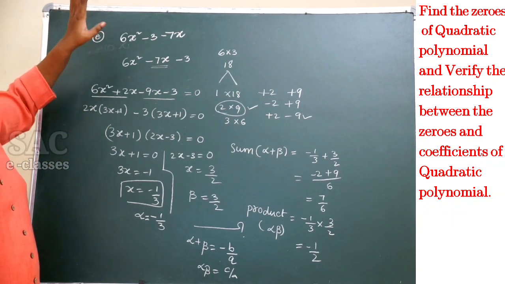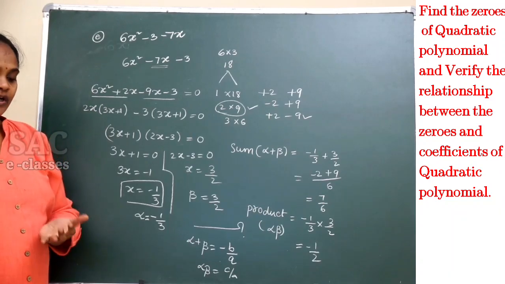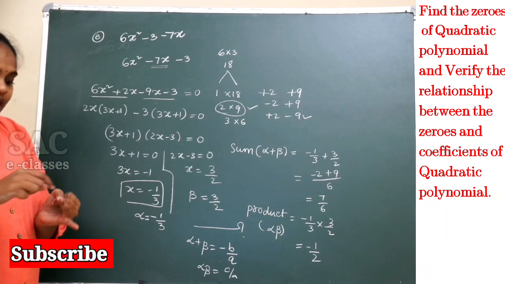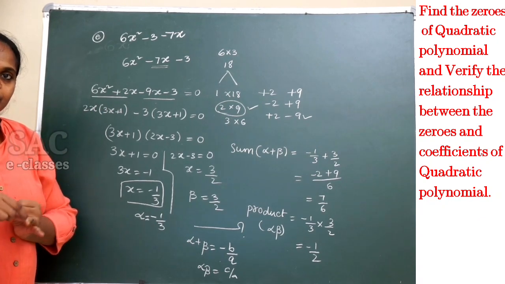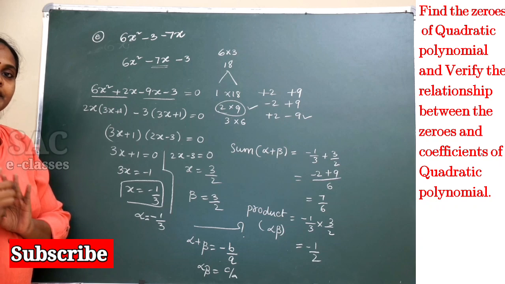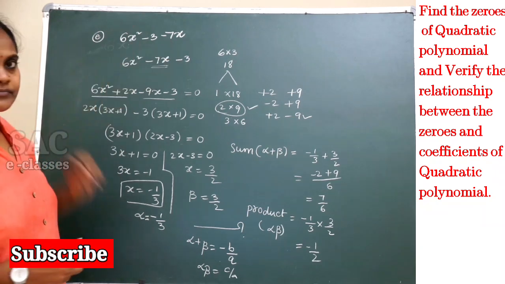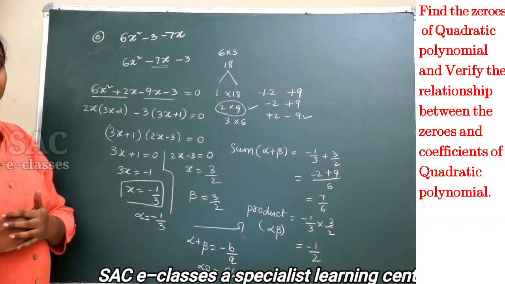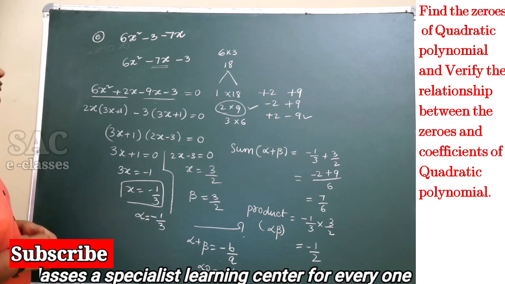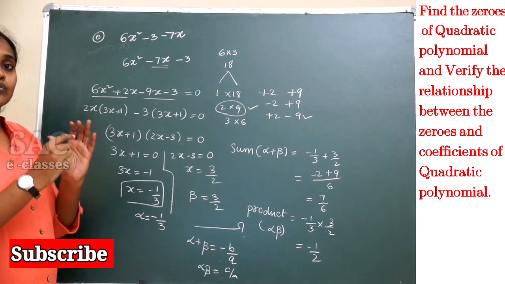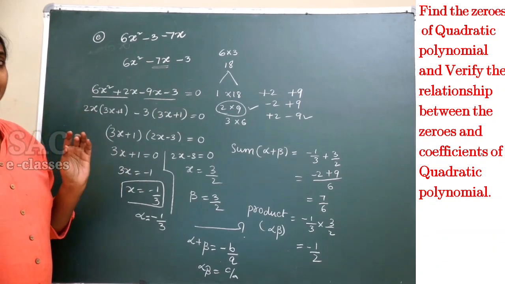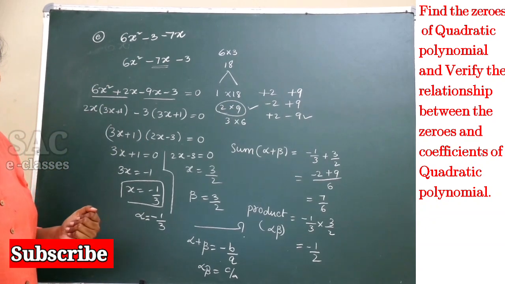These are the three types of models usually in this. What are those? One is without the linear term, meaning the middle term may be missing. Second, maybe the constant term is missing. Third, a complete quadratic polynomial, but maybe in a mixed order. These are the three important models here. From your textbook also these kinds of model problems will be there. And sometimes they may ask you to find the roots when they are in irrational form. Let us see in what manner we can solve those.